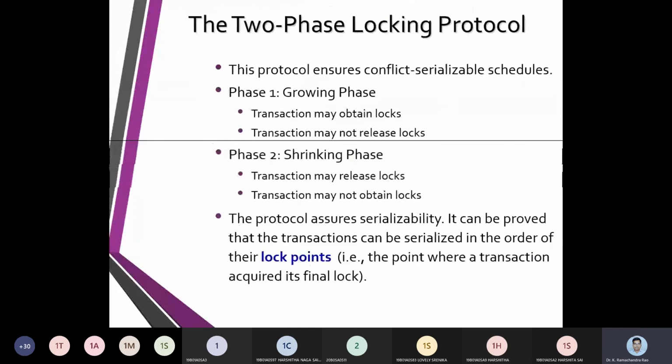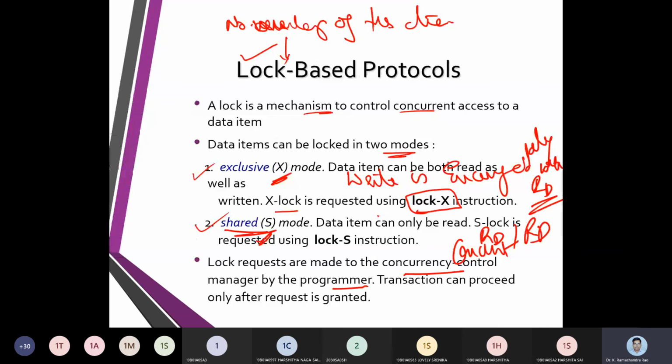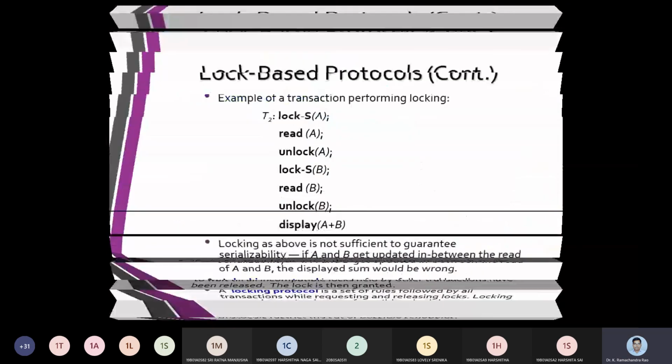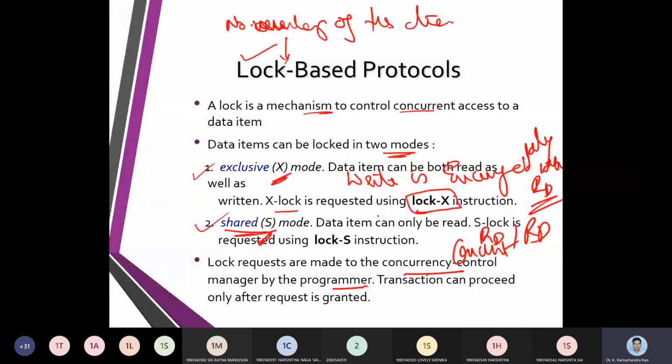So the second part, which we started, was the solution for conflict serializability, and we were also talking about the solution for view serializability. That happens with the locking mechanism. When we use only a shared lock, we can do read operations. But with an exclusive lock, we can do either a read or a write operation. Thereby, we were saying that you make locking protocols with grant, release, and request.